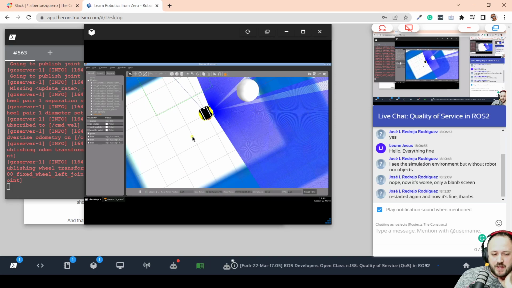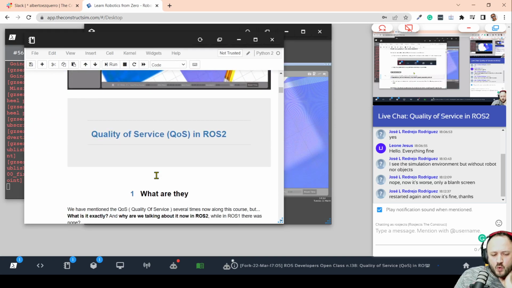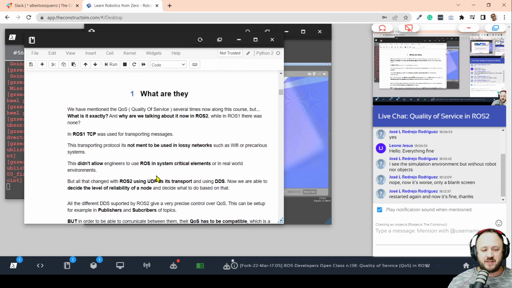All right, then, now that we are all set up, let's go with it and let's start with the class itself. So, quality of service. What is this quality of service? As I was saying at the beginning, this is a new concept which has been introduced into ROS2 and comes by the hand of the DDS, the Data Distributed System,